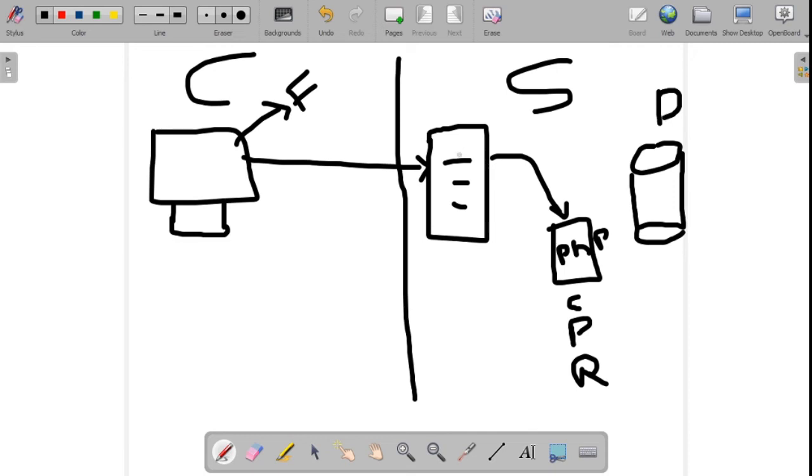Okay, how is it going to get stored in the database? It is very simple. You make a request, the server will connect with this PHP script, that is the server side language where all the logic is written. This PHP will connect you to this database.